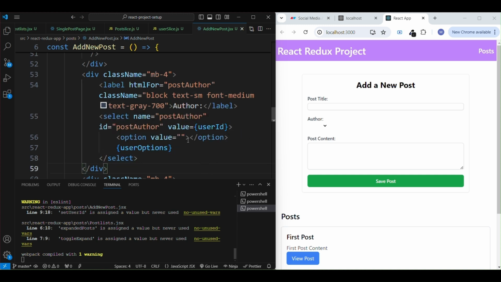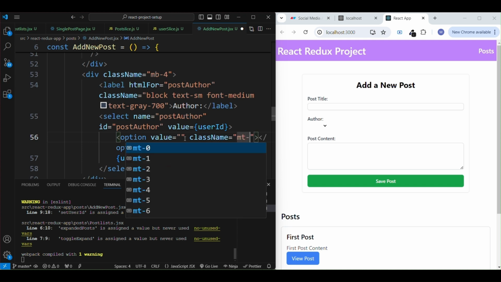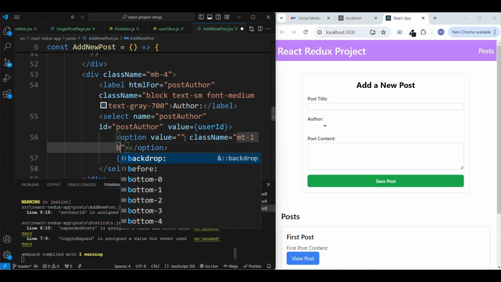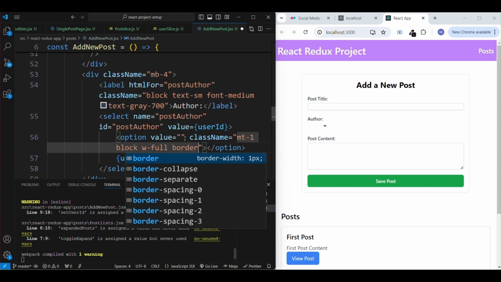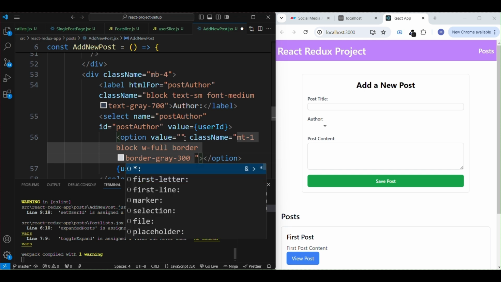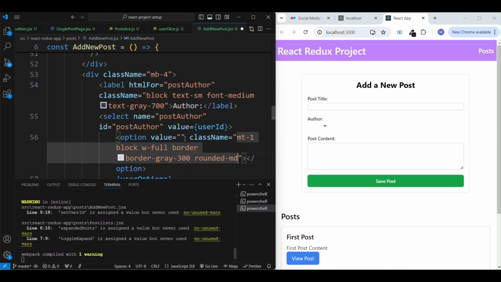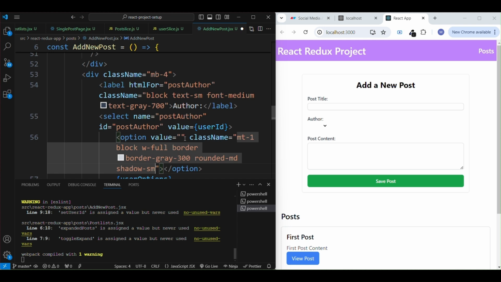So for select, class name, margin top 1, display block, width full, having some border color, border gray 300, let me add rounded MD, shadow SM, and then